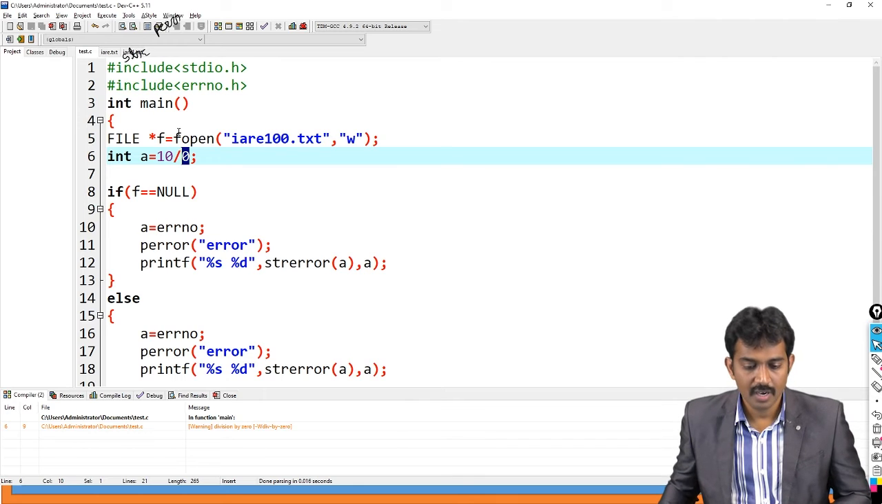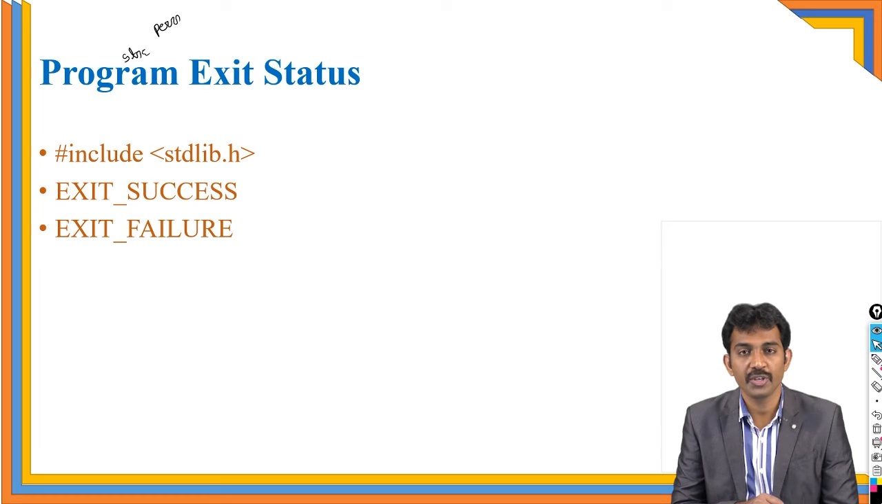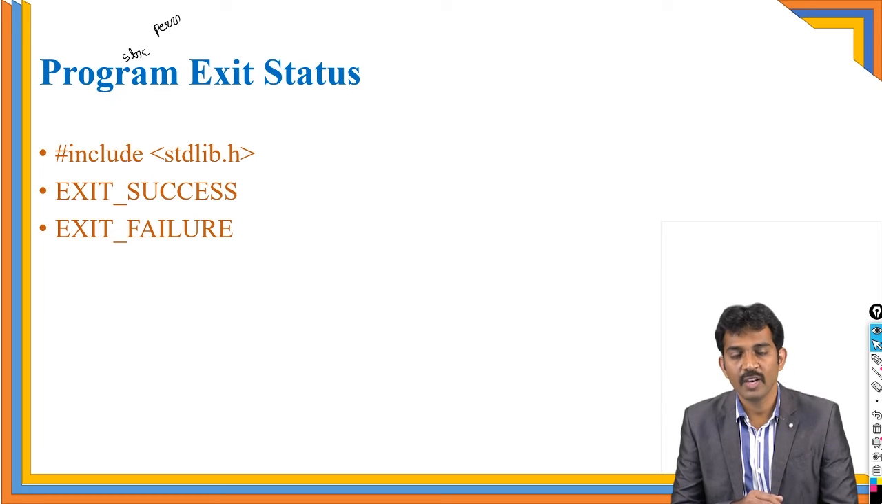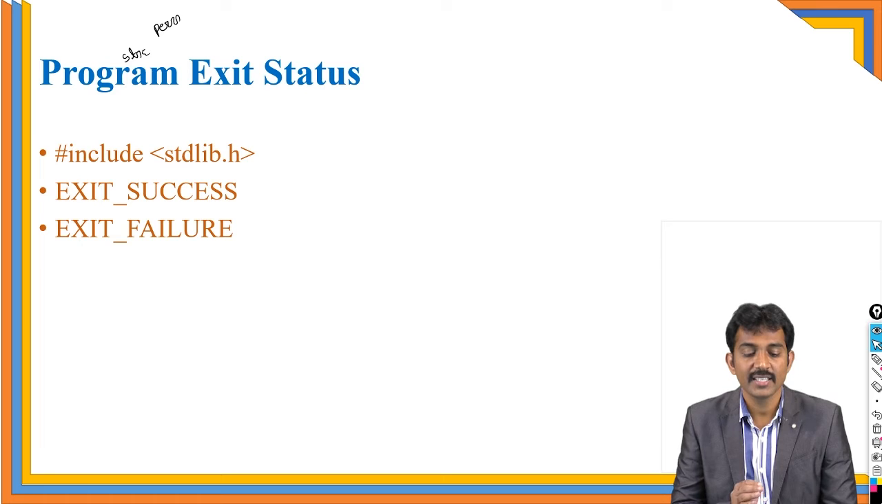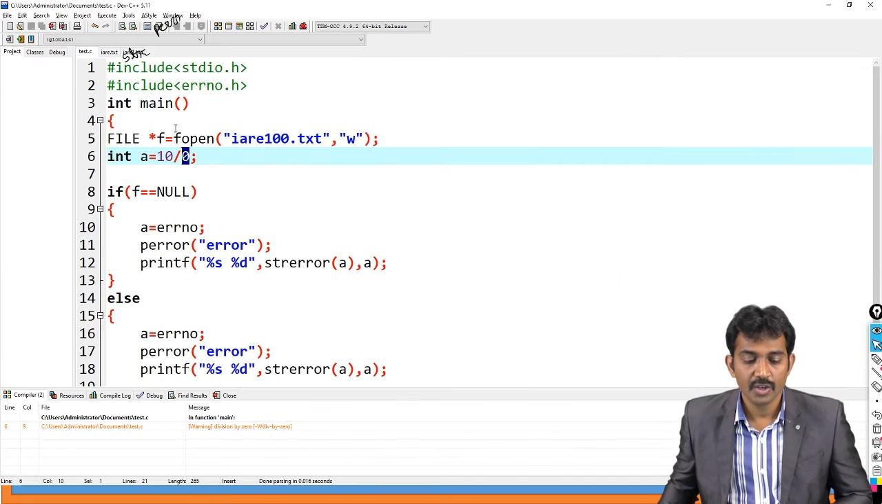Right? And next thing, program exit status. Generally, you are going to return 0, right? All the values you are going to return 0. For example, if the program is not ended successfully, right? So you should use exit failure. So what you need to do? See, should include that